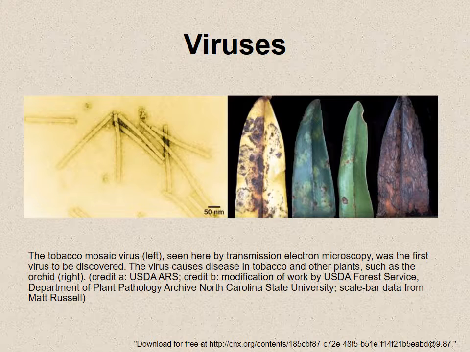Viruses will infect a diverse group of organisms, animals, plants, bacteria, and they exist somewhere between living and non-living. So living things grow, metabolize, reproduce. Viruses, again, they replicate, but we know that they have to use a host cell. They don't grow, they don't metabolize. Whenever they are replicated, they're replicated in their mature form.